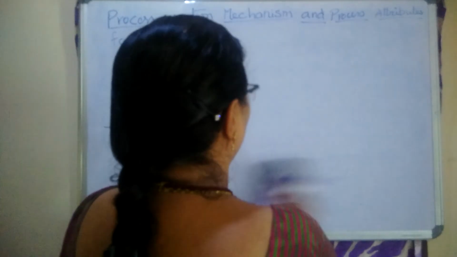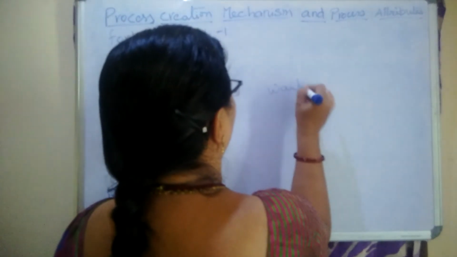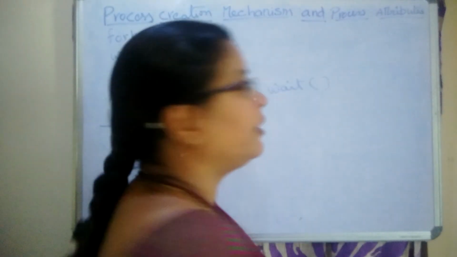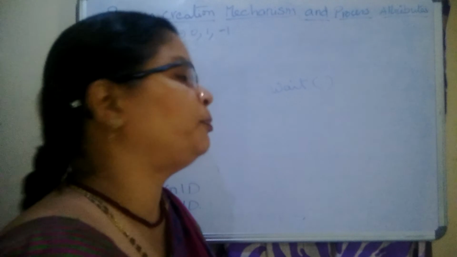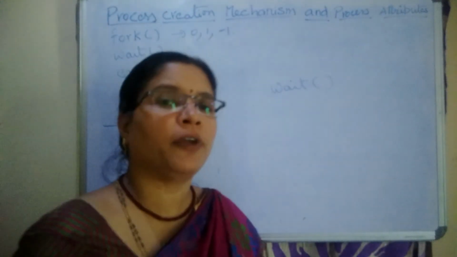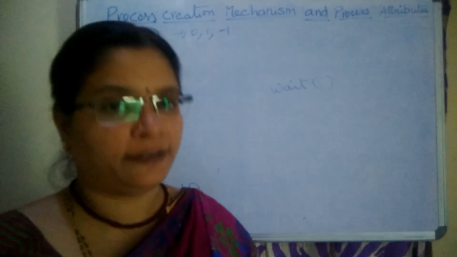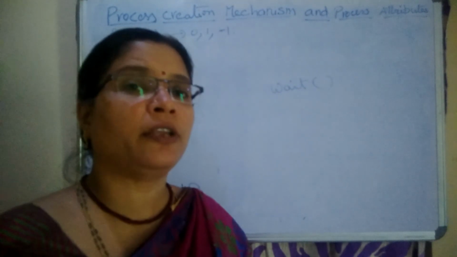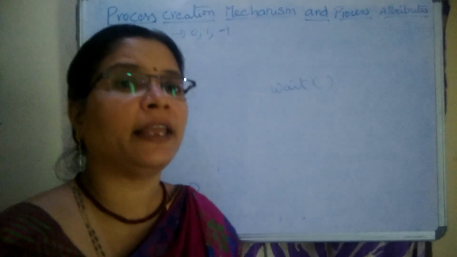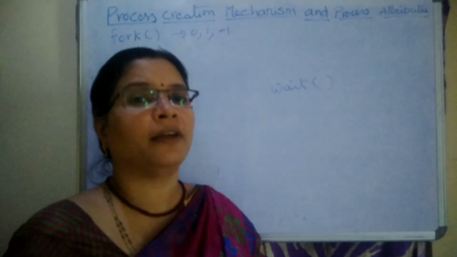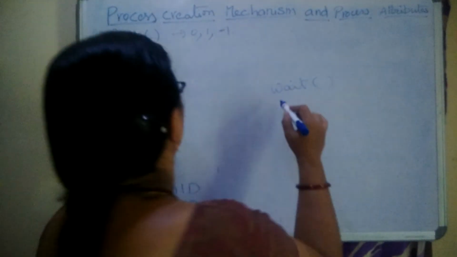The next system call we need to talk about is wait. Whenever a process is going for execution, it may have to wait for a period of time, and then that particular process is said to be in the waiting state. Waiting state means it is going for execution but it is waiting. The other processes are running, and the remaining processes are in the waiting state. They are waiting for scheduling, that is called the wait state.